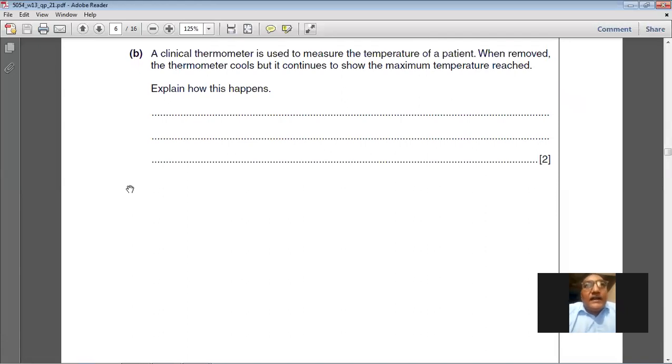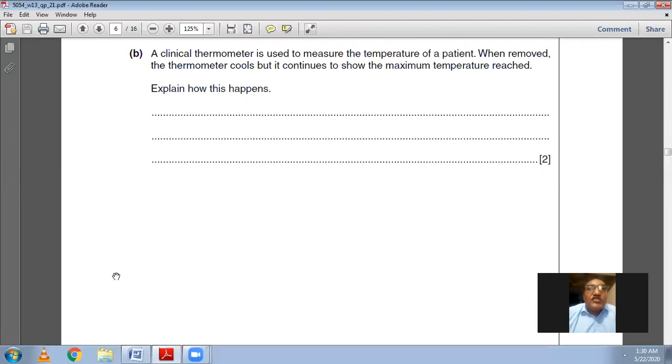A clinical thermometer is used to measure the temperature of a patient. When removed, the thermometer cools, but it continues to show the maximum temperature reached. Explain how this happened. Okay, it's a 2-mark question,